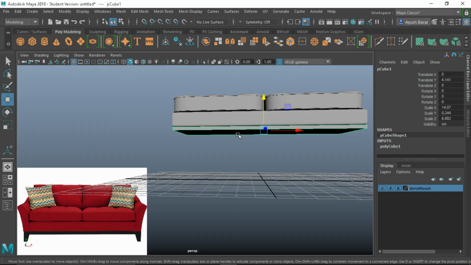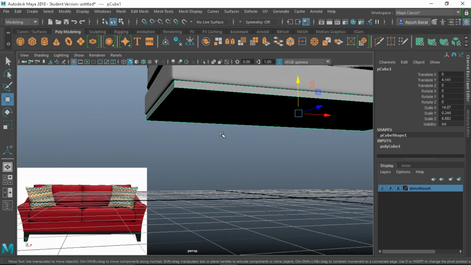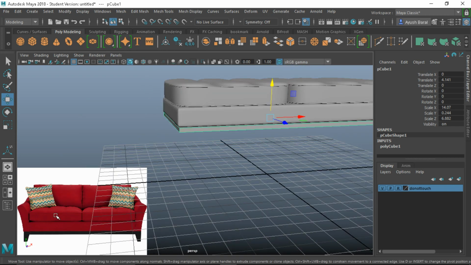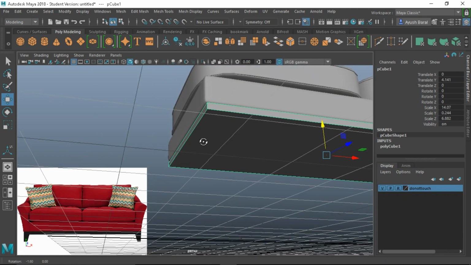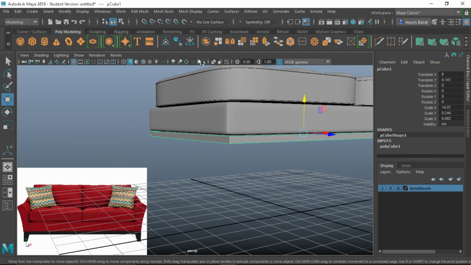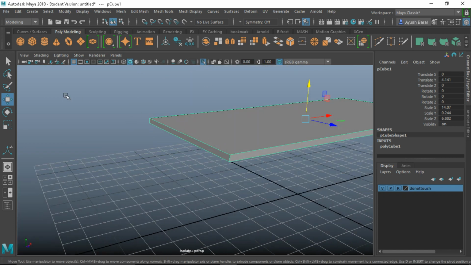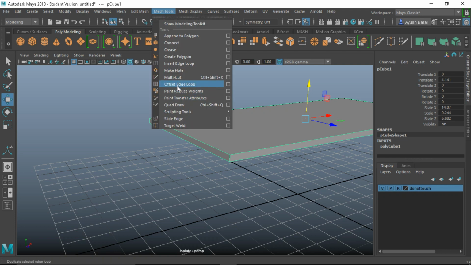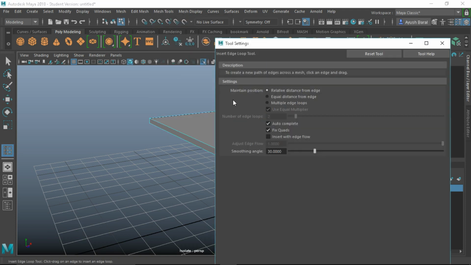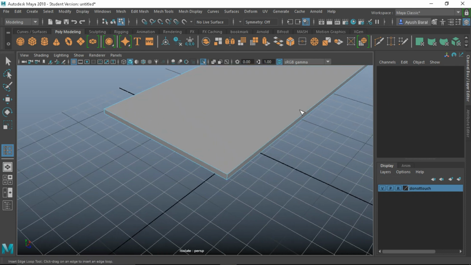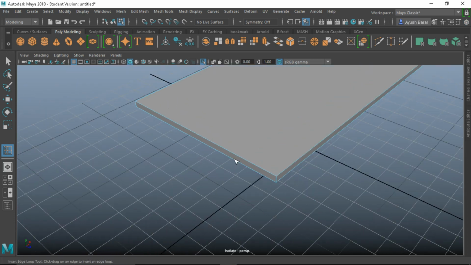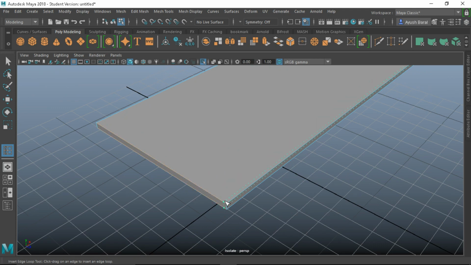something like that. And now let's go ahead and add some Edgeloop as we did in the previous video, but now this is going to be a little tight since it is not something like this cushiony mattress but rather a very hard surface. So let's go ahead and isolate it and let's add some Edgeloop. Mesh tool, insert Edgeloop tool, and let's go into our setting, reset it. Very good to go. Clear this up, add this here, right here,